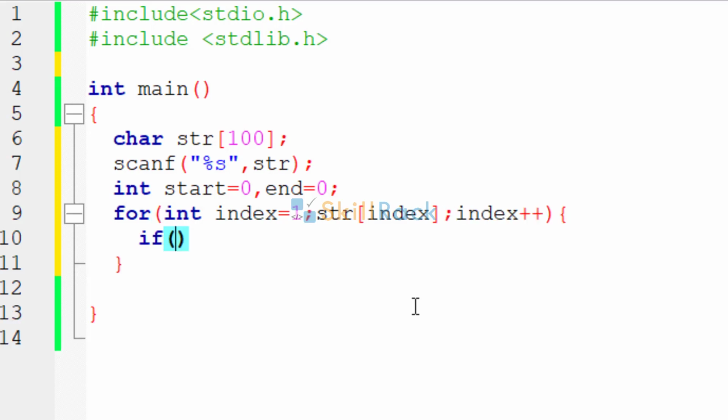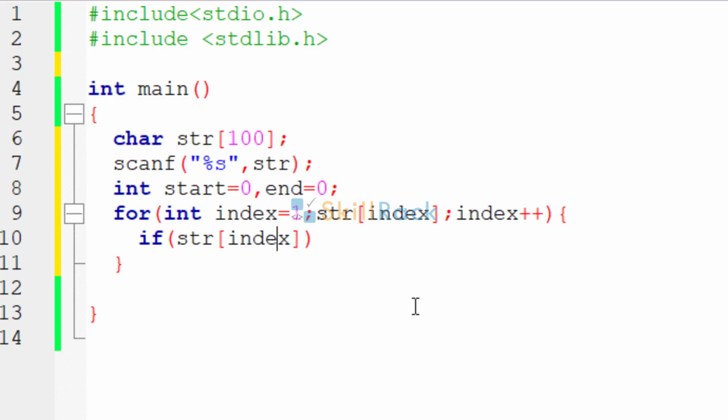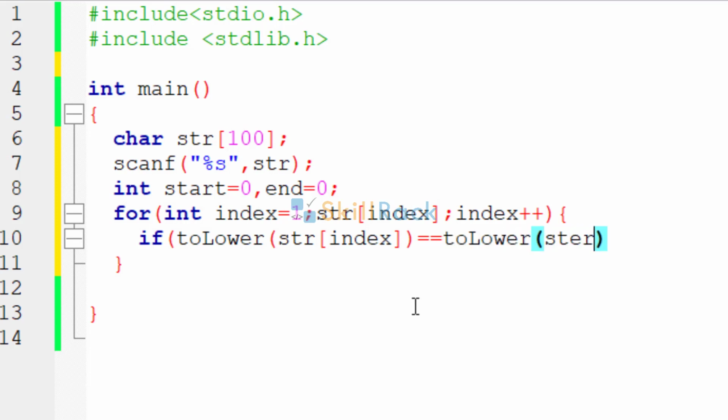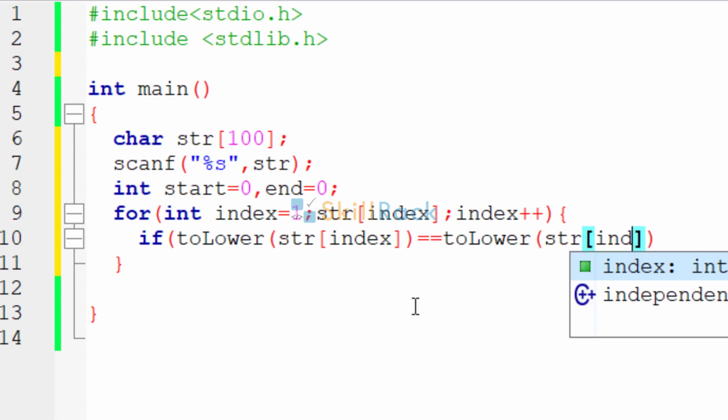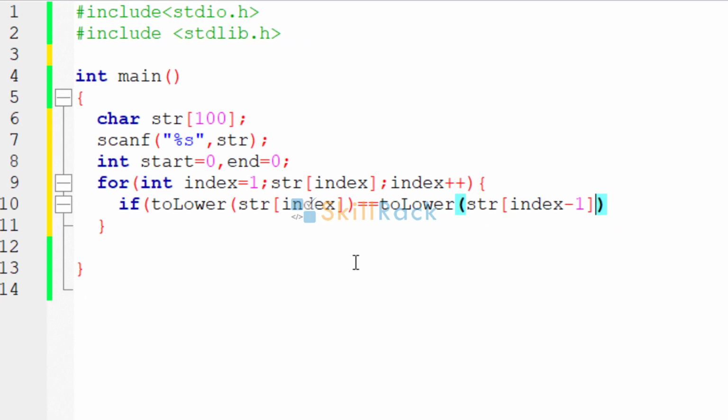So here we are checking if str of index, because it should be case insensitive, we will use tolower of str of index double equals to, don't forget the equality operator, is equal to lower of str of index minus 1. Index minus 1 means the previous character. So you should add 1 to it. Only then it is in sequence.